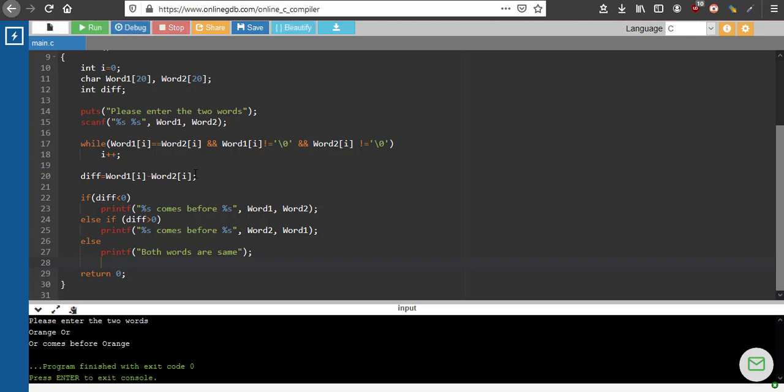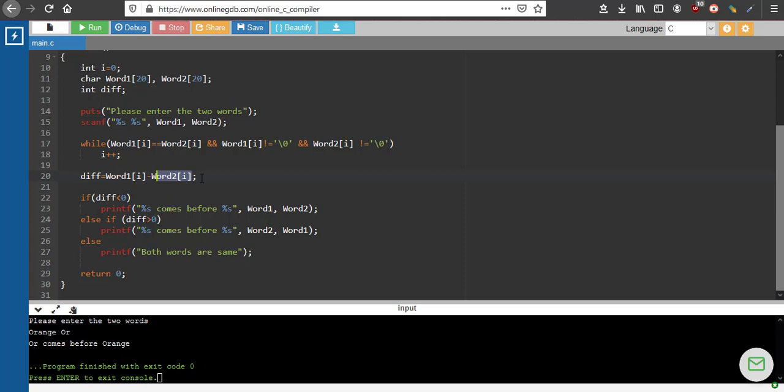Now we just have to check one more thing. What is happening in the last execution? Word 1 of 2 is A, correct? So the corresponding ASCII value of A will be given here. Now word 2 of 2, index 2, is backslash 0. So it is the ASCII value of A minus the ASCII value of backslash 0.